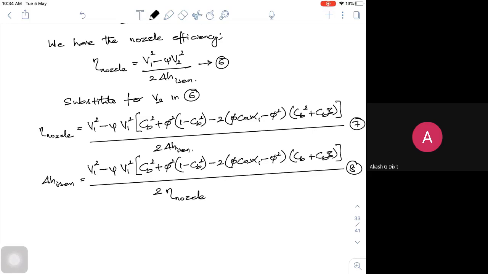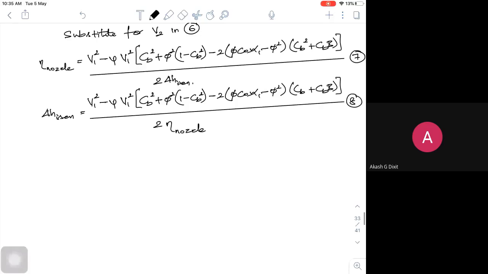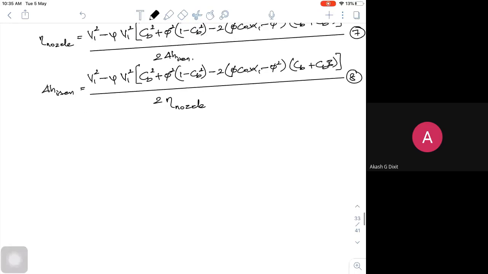Why this actually? Because already you know this. I want to express this particular thing in terms of efficiency. What type of efficiency am I looking at? I am looking at the gross stage efficiency. What is my gross stage efficiency? So the gross stage efficiency for multi-staging is given by,